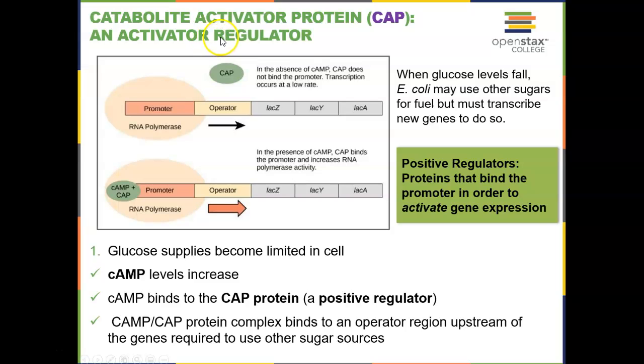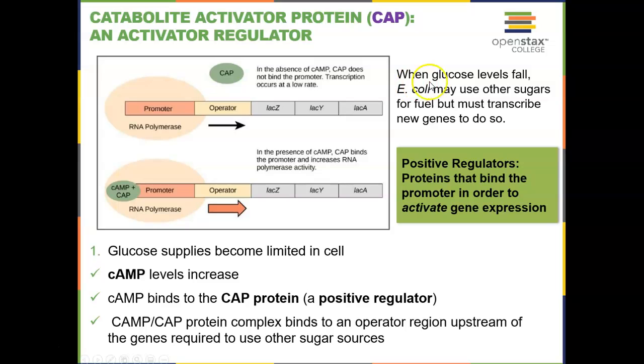Here's an example of an activator protein, one that will increase the reading of the DNA by RNA polymerase. So this is called a catabolite activator protein, or a CAP protein. So these ones in this case are going to impact the reading of lac genes. Lac genes result in the production of lactose sugars. Now